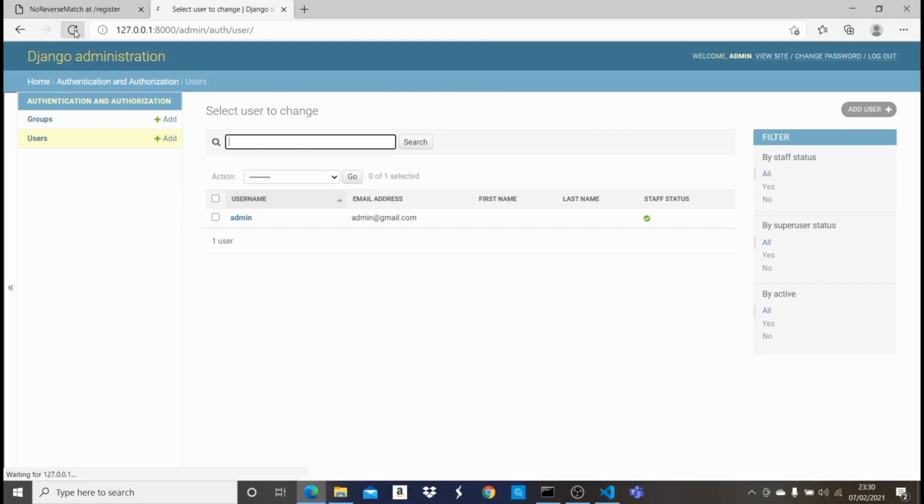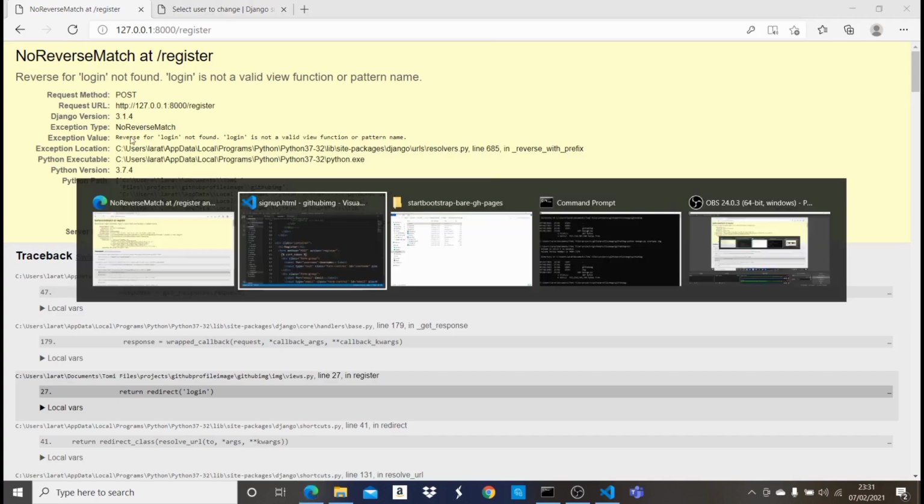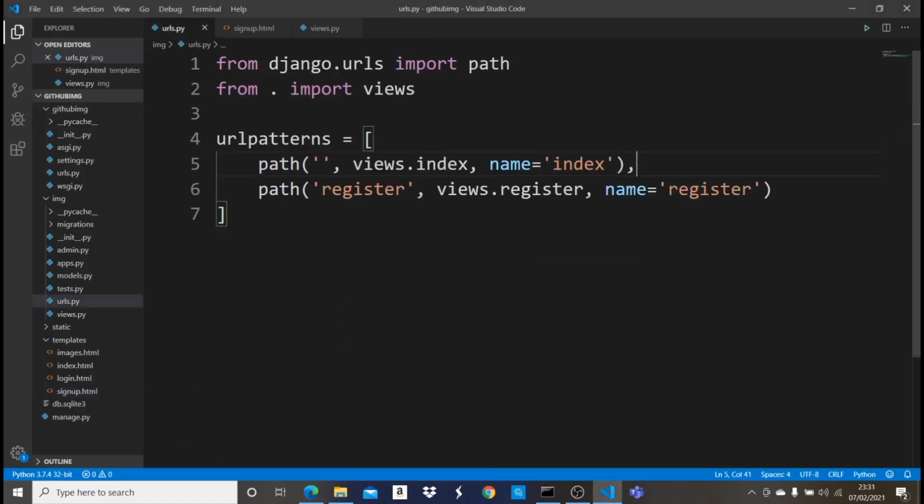So when I come here and just refresh, you see now I have a new user named Tommy with these details, and it's not a staff. This staff means he or she can't access this admin panel, and that's for security purpose. So now that a user is able to register, let's make the login. But before we add the login and authentication function, let's make sure that this redirects the user to the login after being registered. So let's come here,